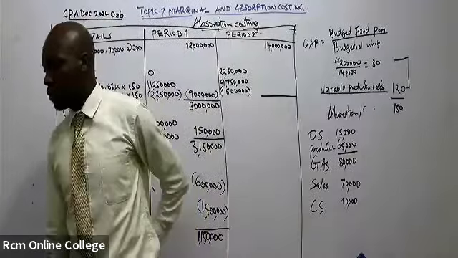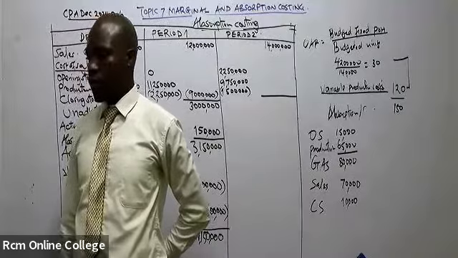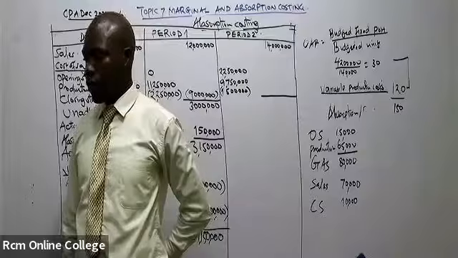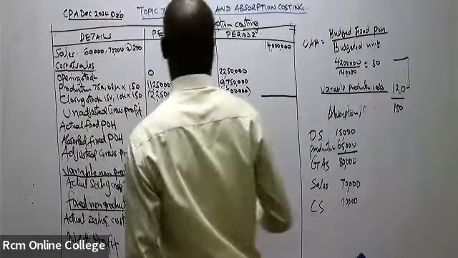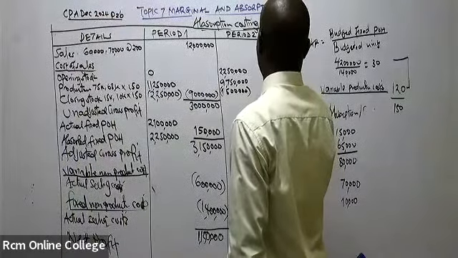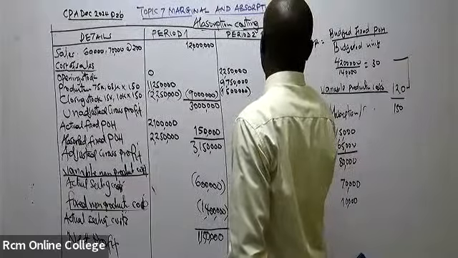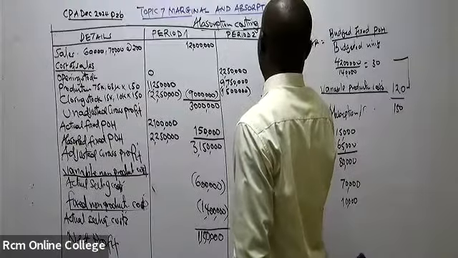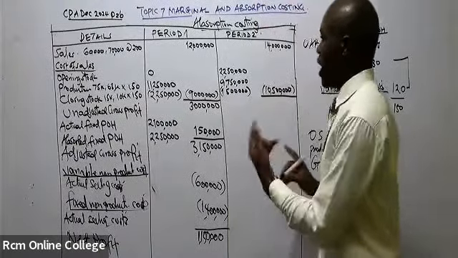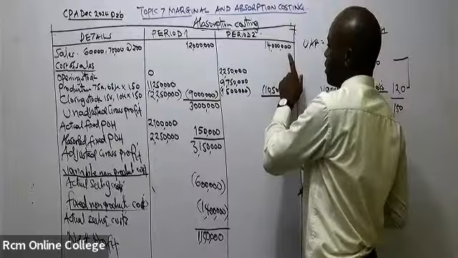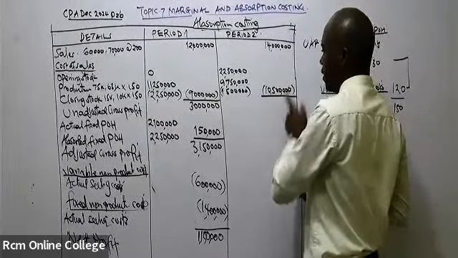What are we getting? 10,500,000. Now the 10,500,000, when you deduct it from the sales, we'll be able to get what we call unadjusted